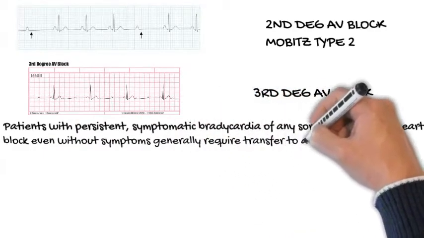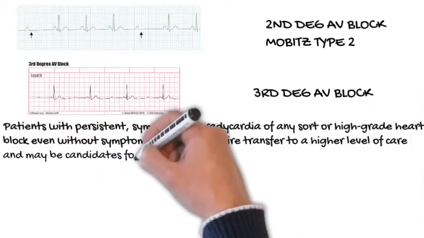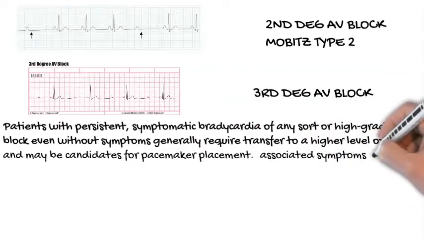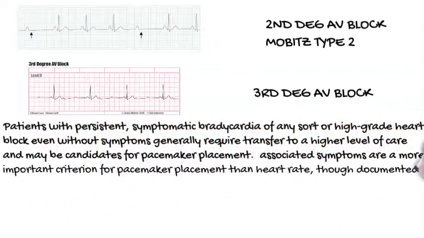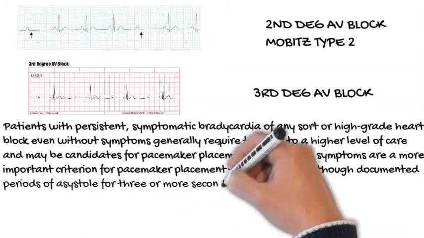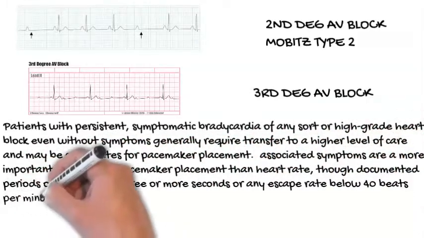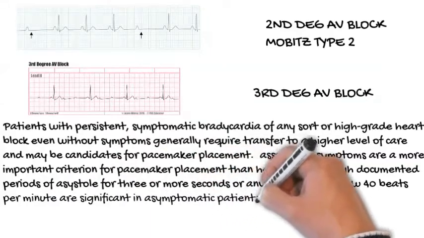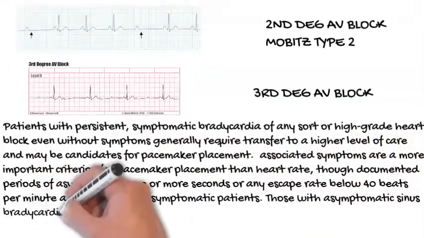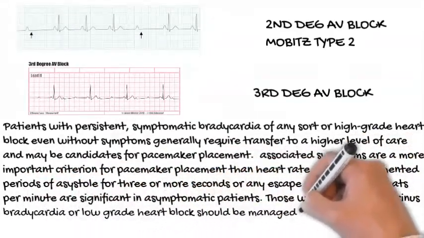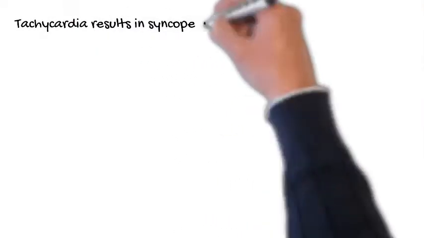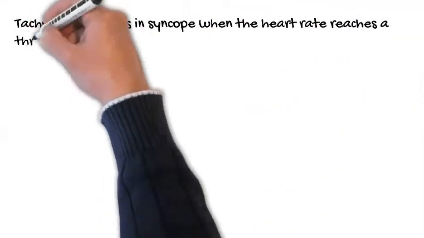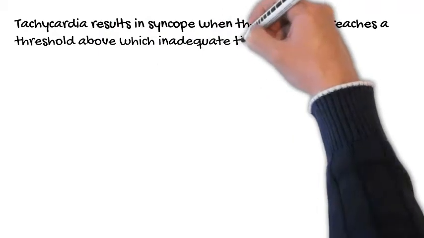Associated symptoms are a more important criterion for pacemaker placement than heart rate, though documented periods of asystole for 3 or more seconds or any escape rate below 40 beats per minute are significant in asymptomatic patients. Those with asymptomatic sinus bradycardia or low-grade heart block should be managed in consultation with a cardiologist, and most can have outpatient follow-up. Tachycardia results in syncope when the heart rate reaches a threshold above which inadequate time for ventricular